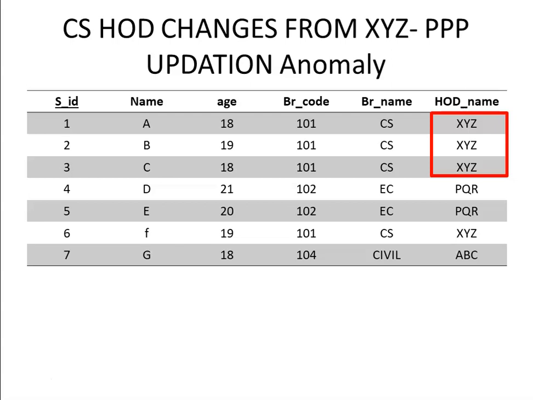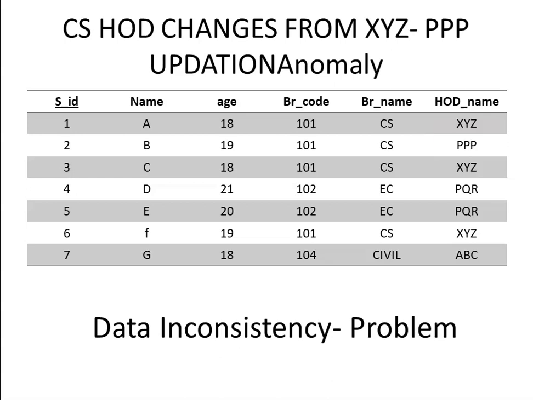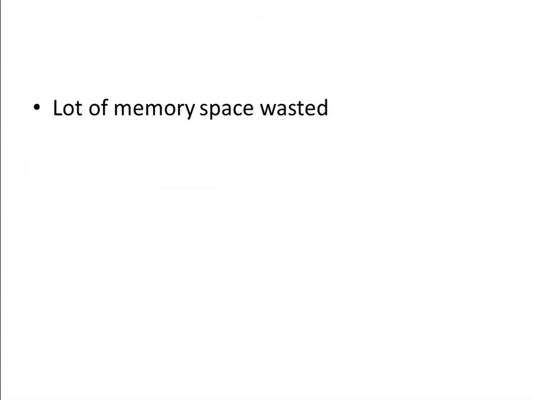You might leave some of the entries as XYZ, and you might have such a scenario wherein you have updated only the second tuple over here. Tuple 1 and tuple 3 are left unattended. Now if this is the state, then your database will suffer from data inconsistency. We have already seen what this data inconsistency is in Unit 1. And one more big problem your database will suffer from is wastage of large memory space, because you are storing irrelevant and unwanted data every now and then.